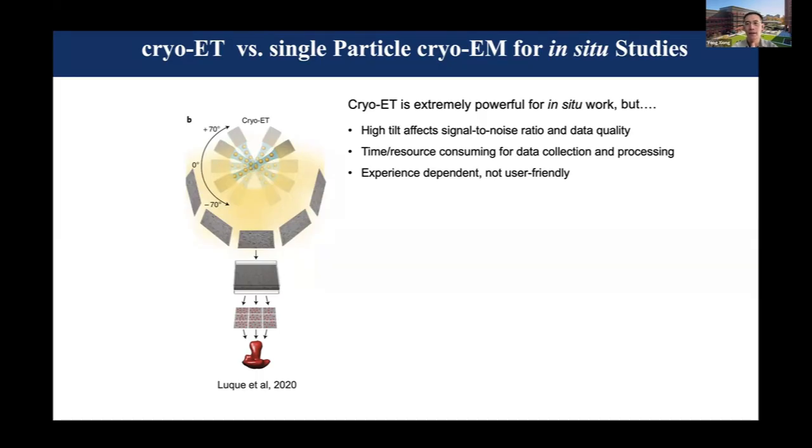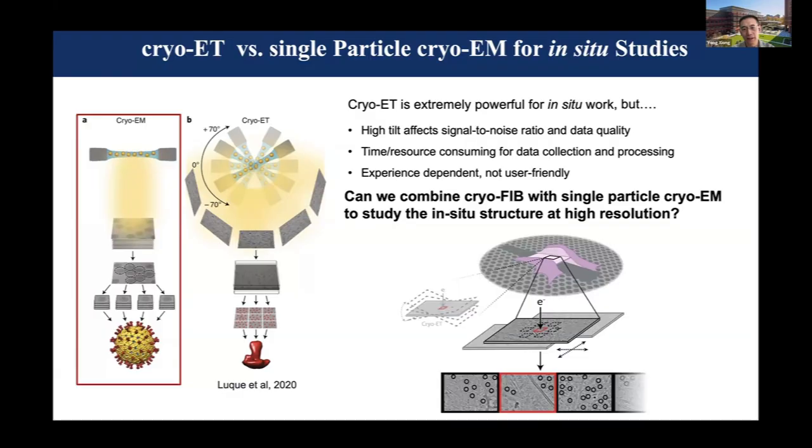And the whole process is very tedious and requires a high level of expertise, which not many people like Grant have. We say we're just not as good. What can we do? So some of us thought, can we take a shortcut? Really, basically combine the FIB-milled cells with single particle cryo-EM, as I showed you earlier with the native virus particle and purified organelle. Can we actually do this directly in cells, directly on FIB-milled cells,